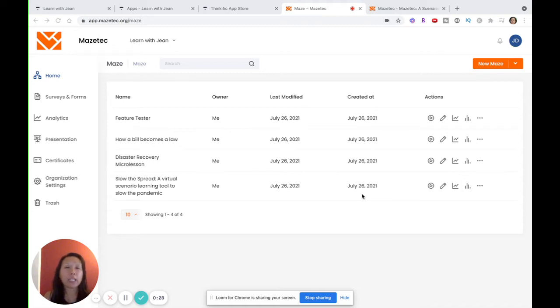First of all, before I get started, I want to quickly talk about why Mazetec. You'll see the start of a lot more apps and integrations that really offer this idea of a learning experience. So when we think about online learning traditionally, it is very text-based, very passive, very one-dimensional. There's not a lot of engagement, there's not a lot of interaction, there's not a lot of momentum. And so the idea behind Mazetec and other add-ons that you'll start to see and other tools out there is that we really want to make learning an